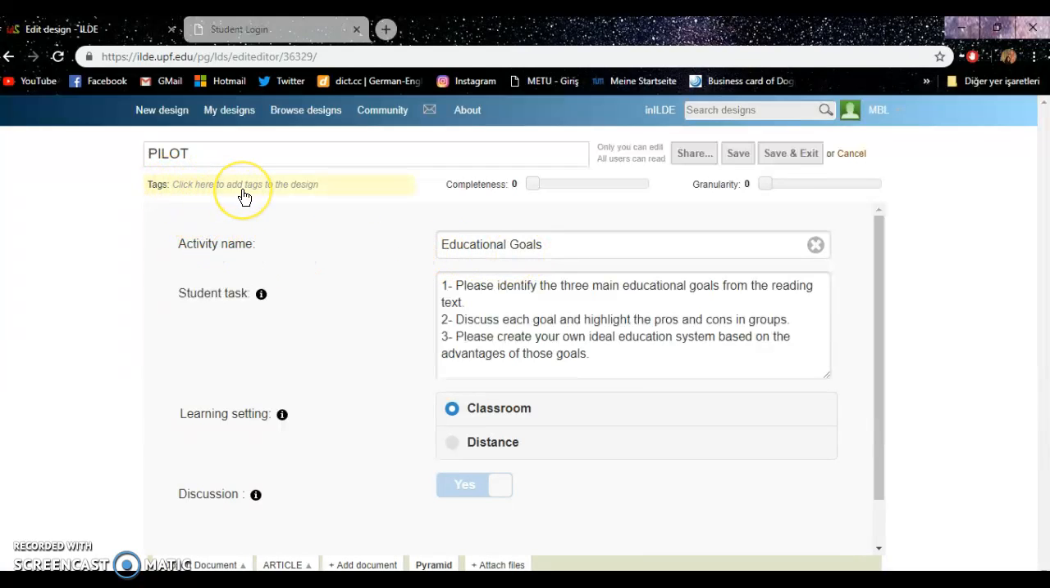If you want to share your design with the other educators, you can help them to find your design easily if it suits best to their aims. So you can simply describe your design by using this tags. And this is student task. This is the instruction for the activity. When students open the link of this activity, they will see this description and they will know what they need